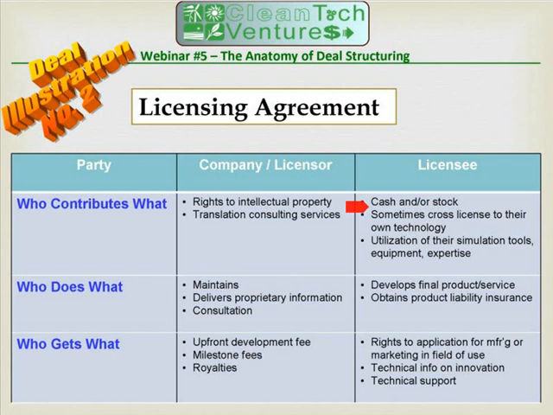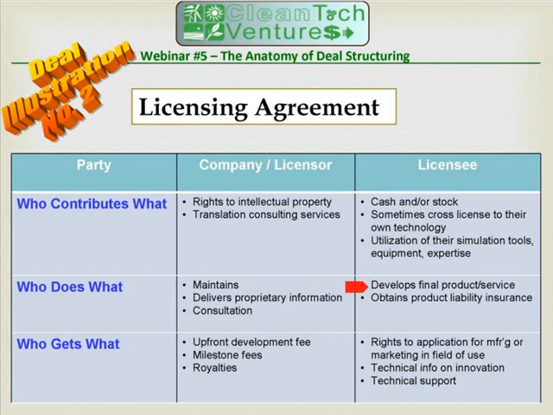When you do the deal, you've got a choice between cash. You may also get stock or other types of compensation from the licensee. You want them to be able to pick up this baton, carry the baton around the rest of the racetrack to finish the race and bring the innovation to market. So the licensee needs to be competent in what they're going to do. They have to commit the resources to make it happen. They have to understand what they're doing. They have to be positioned in the marketplace in order to make the innovation everything it can be to fully realize its value.